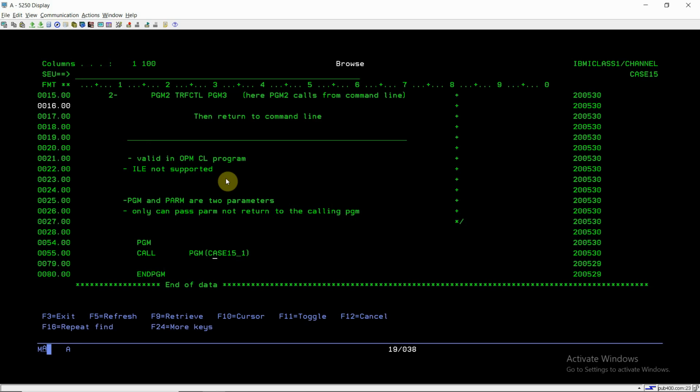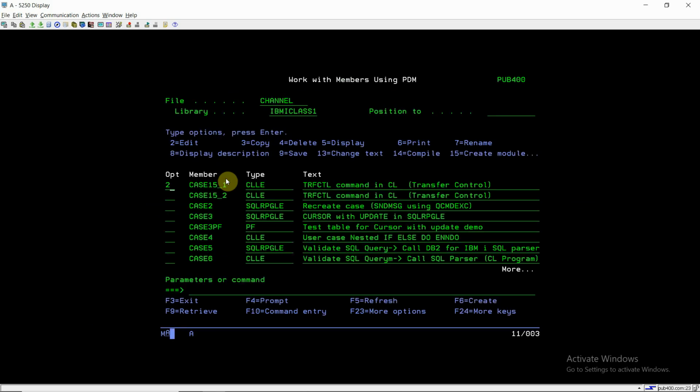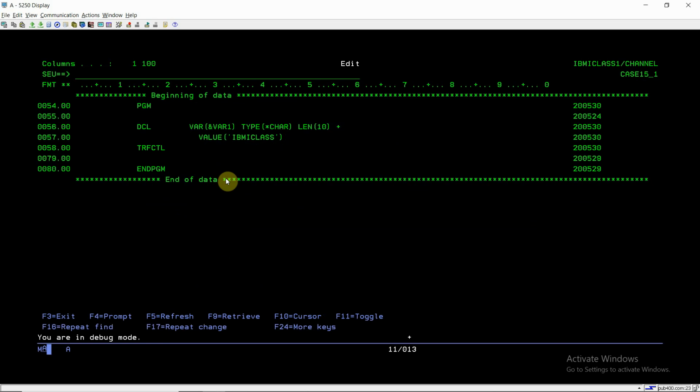Here in 15_1, we are using the TRFCTL command to call PGM case 15_2, and we are passing the PARM var1 to the called program case 15_2.